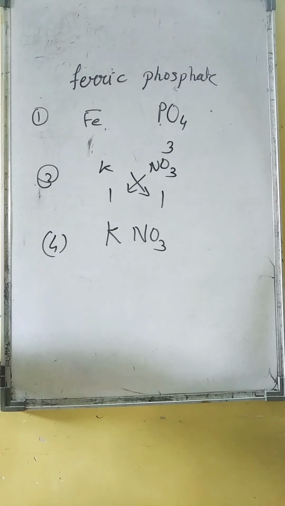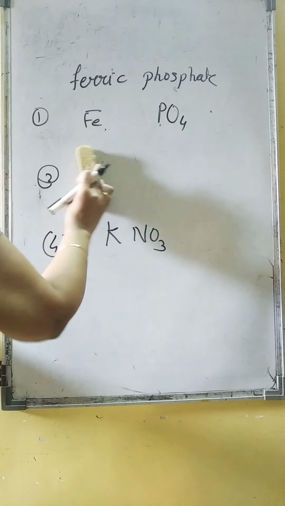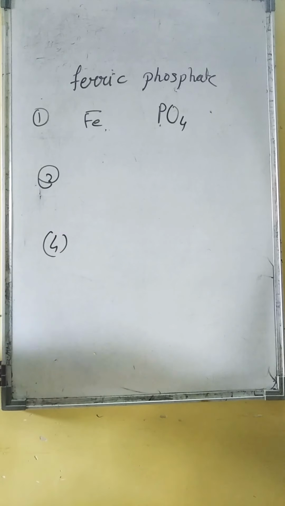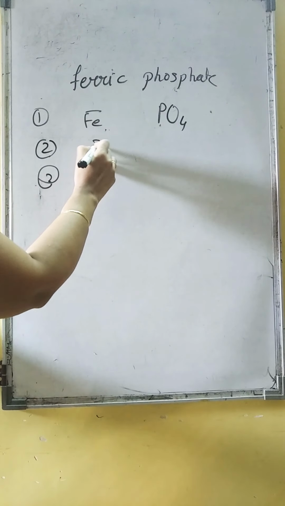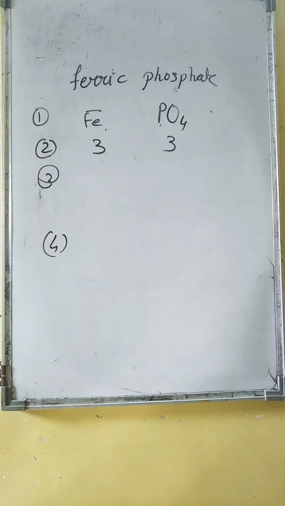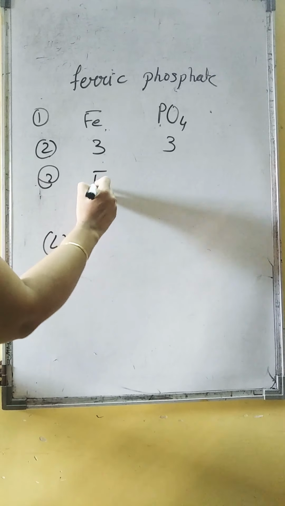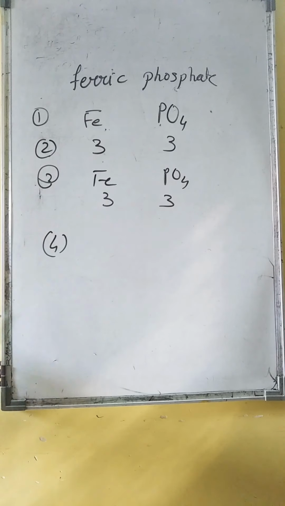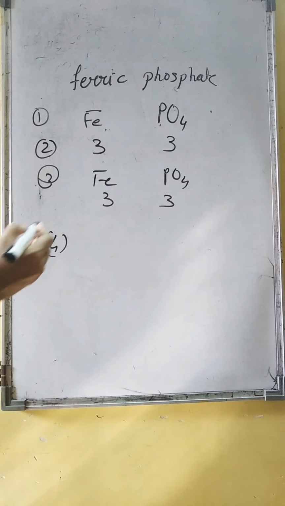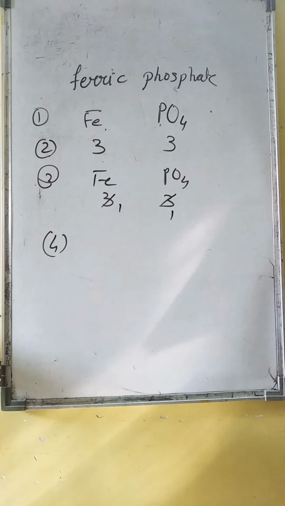Okay, now we'll write the valency down. So second step, you are going to write down the valency. This also 3, this also 3. Right? Now third step is the main step, children. When you see that they are having something which we can cancel as we do in maths, 3 ones are 3, 3 ones are 3. So you have to write down in a reduced form. So is this part clear?